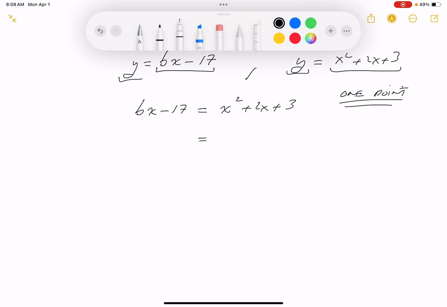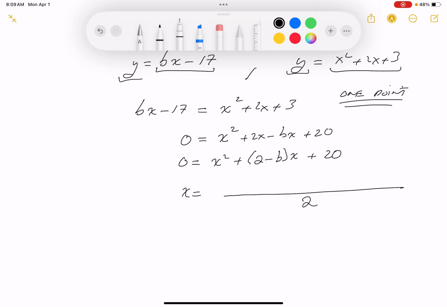The way to do that looks quadratic in form, right? So you get x squared, plus 2x minus bx, I'm solving for 0 by the way, plus 20. You can keep rewriting this: x squared plus 2 minus b, x plus 20. Use the quadratic formula, x equals